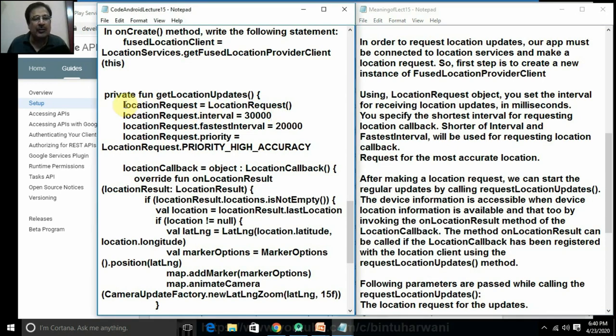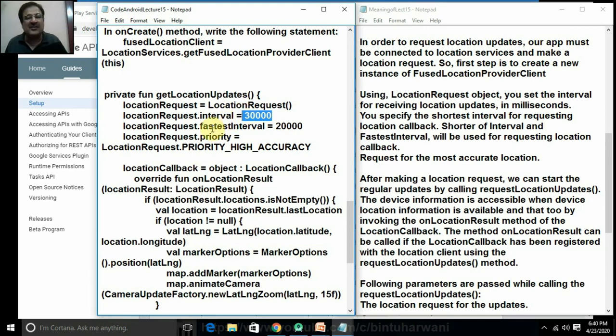This is the location request object you created. Using this set interval method, you are setting a value in milliseconds. You are asking the location request that after every 30,000 milliseconds, that is after every 30 seconds, you want to get the notification for the user device location.